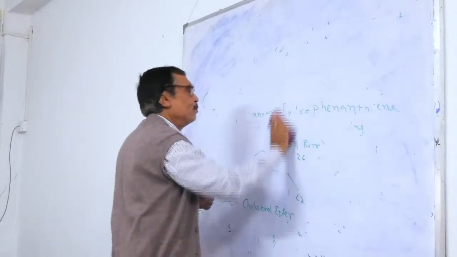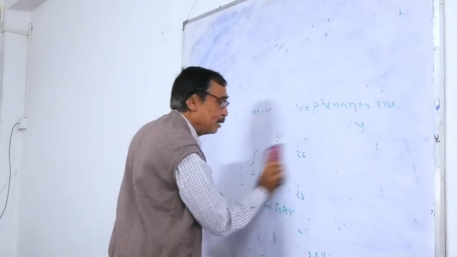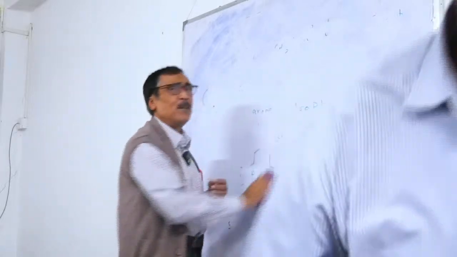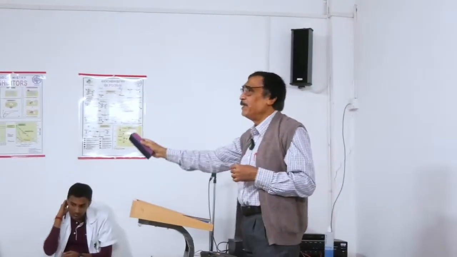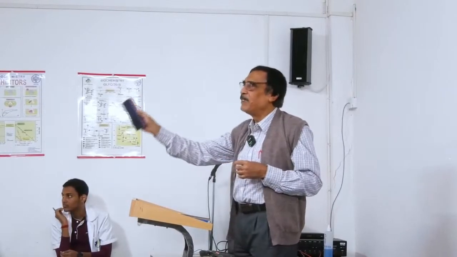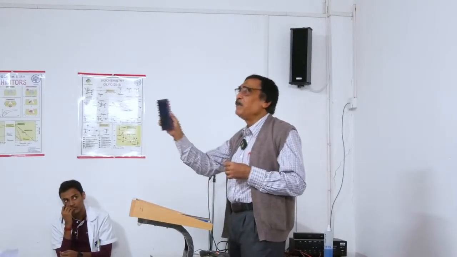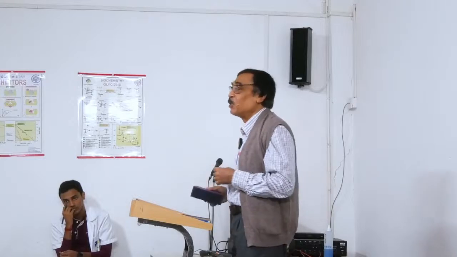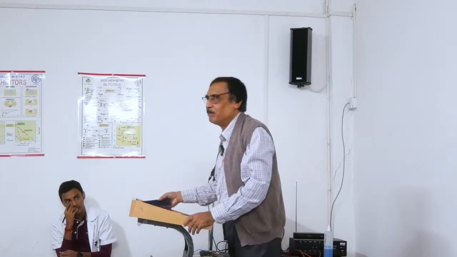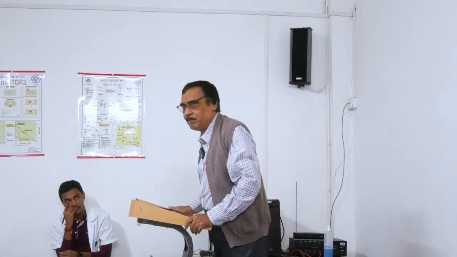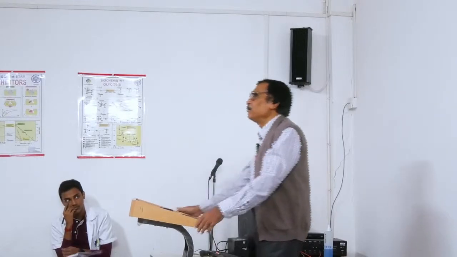ফসফোলিপিডটা একটু বলে দিচ্ছি, তাহলে মেমব্রেন লিপিডটা শেষ হয়ে যাবে। Phospholipid is one of the important complex lipids. The most important complex lipid, that is called phospholipid. সবচেয়ে important simple lipid, that is triglyceride. সবচেয়ে important derived lipid, that is cholesterol. Phospholipid মানে